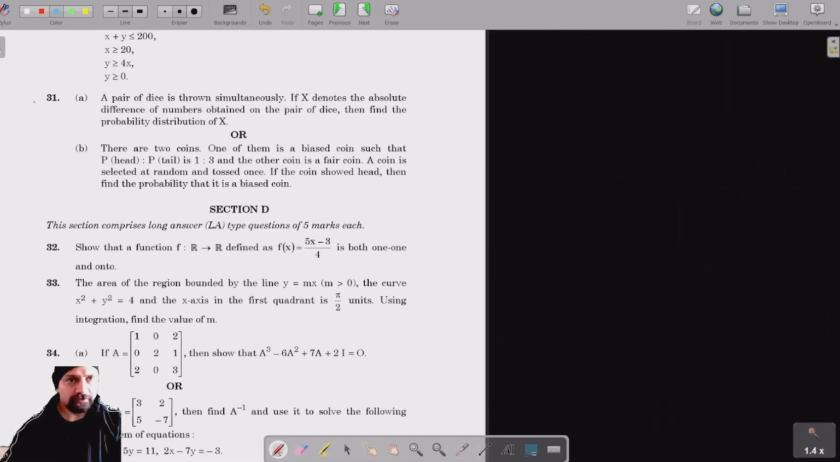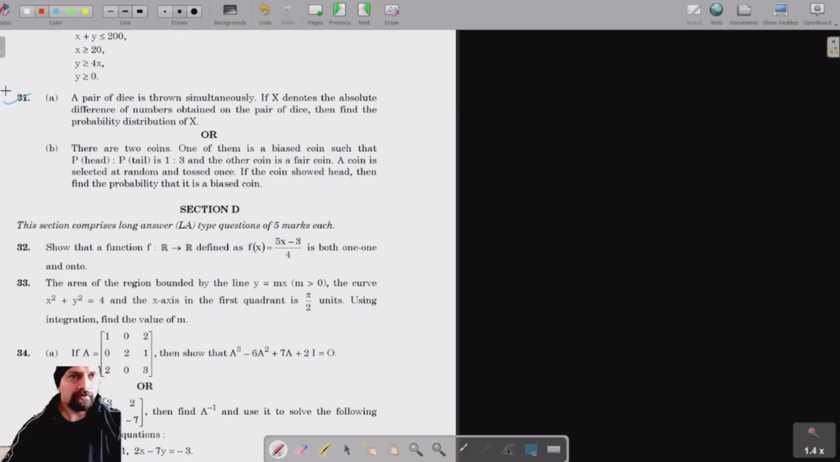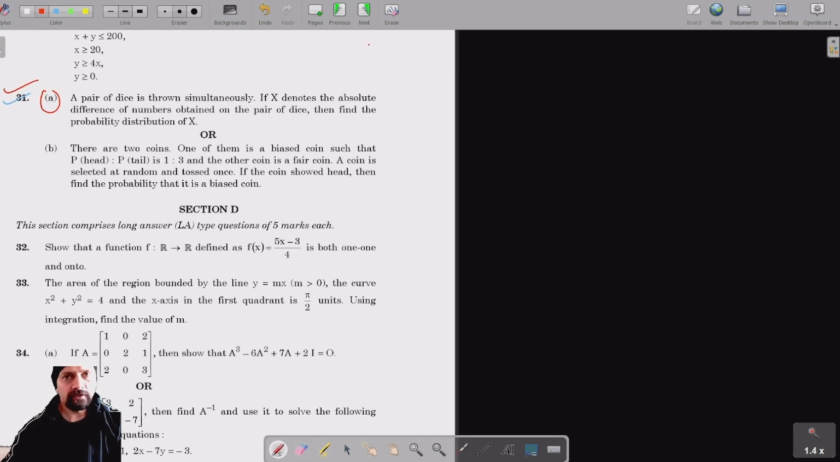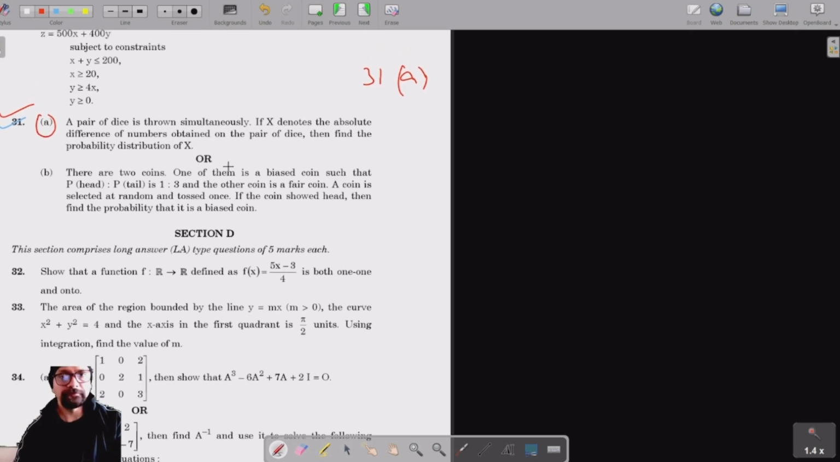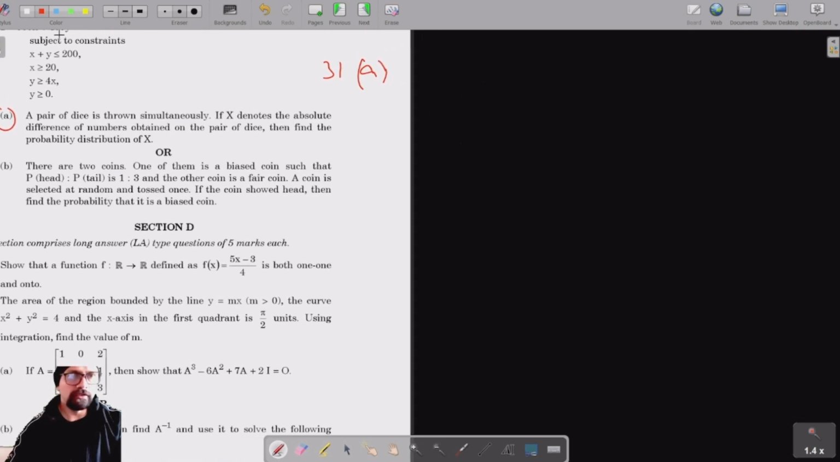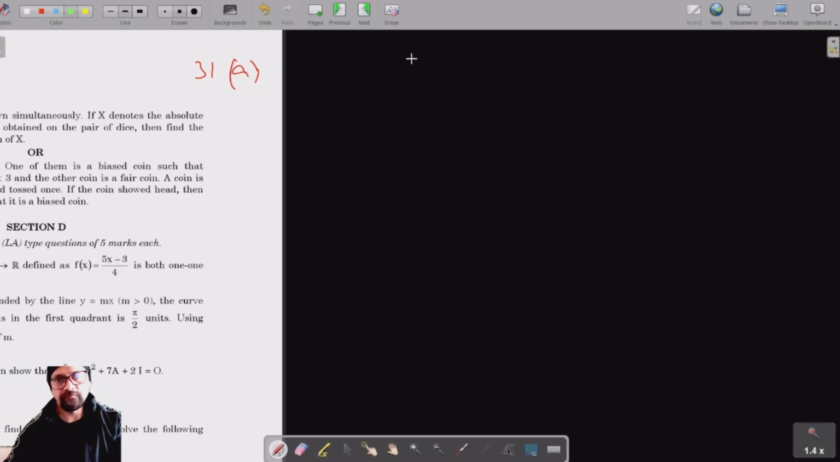For question number 31, part A, it's given that a pair of dice is thrown simultaneously, and if x denotes the absolute difference of numbers obtained on the pair of dice, then we have to find the probability distribution of x. Okay, this is a pair of dice, and the total number of outcomes we know